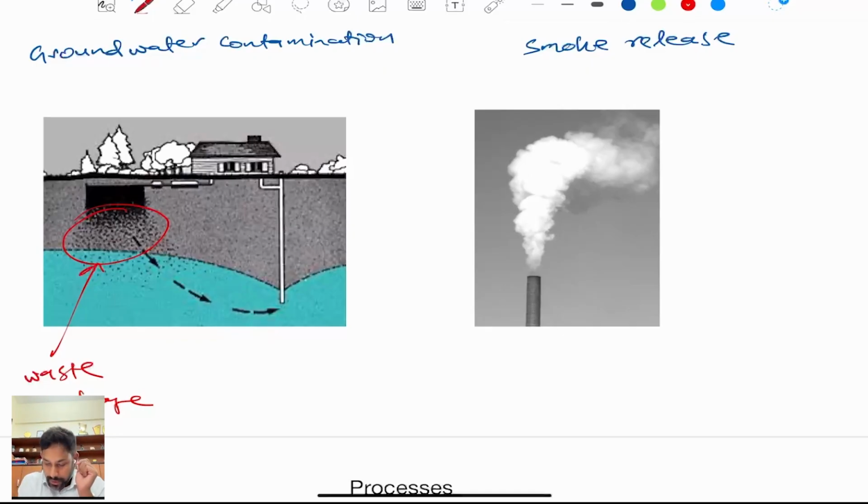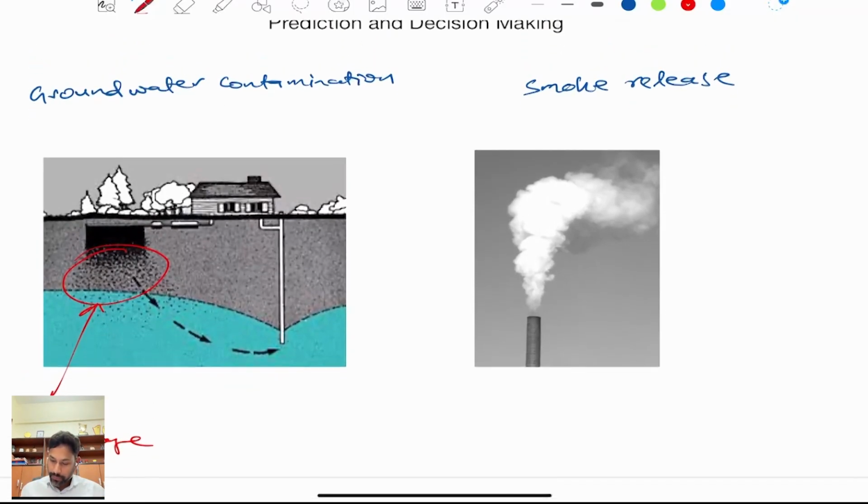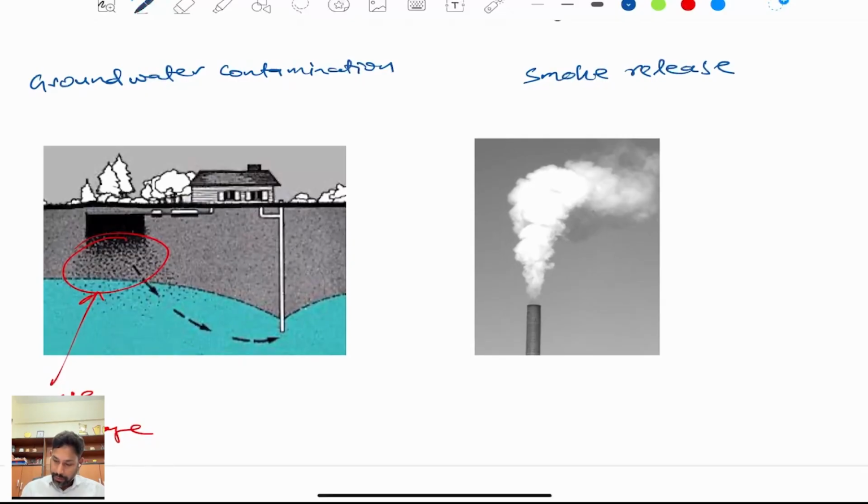Now, when we are trying to predict the amount of contamination and we are trying to make some decision based on this contamination, what we have to do is find the amount of mixing, and based on that, at this location we want to know what the concentration is, right? Or what the temperature is, etc. So if the concentration here is C naught, the initial concentration of the contaminants that is leaking into groundwater, there will be mixing happening